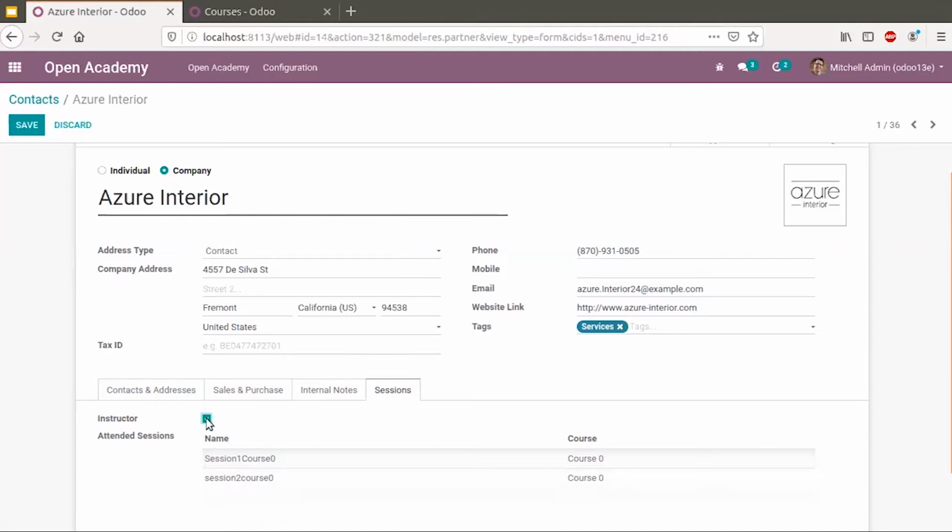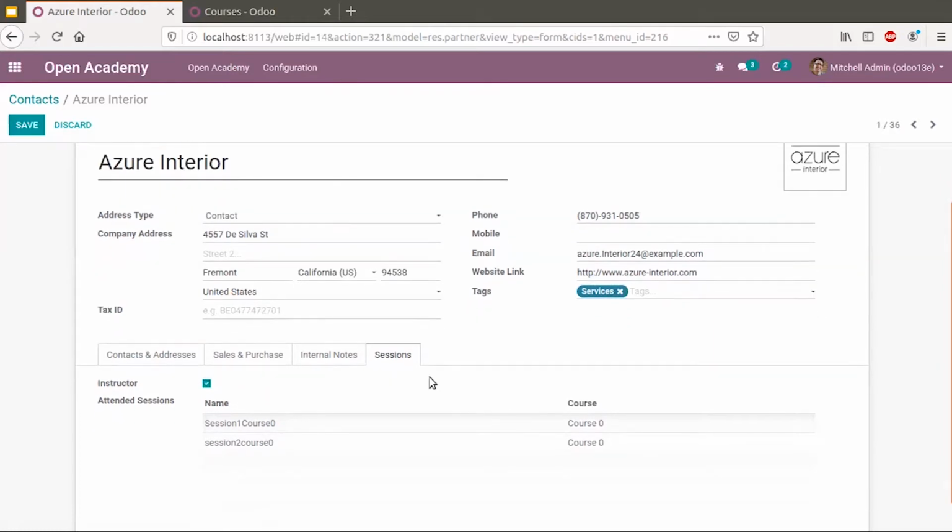Okay, so a partner can be either an attendee or an instructor. If he is an instructor, we can mark him as an instructor. So we have added a new page under the existing form. And we made the instructor and the attendee sessions many-to-many field visible in our